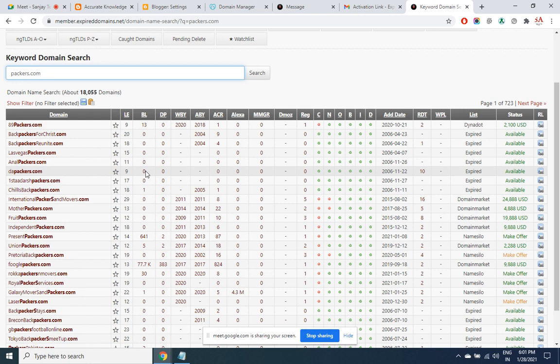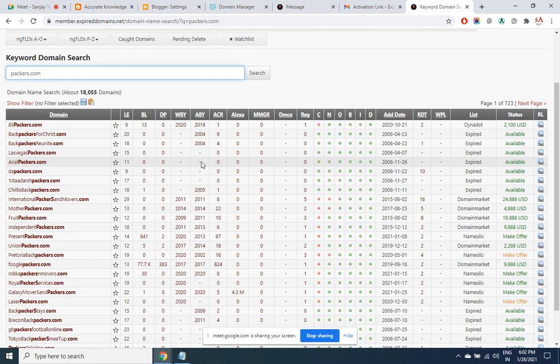So for the time being, there are only three things that you need to concentrate on. One is the backlinks, there should be some number here. The domain should be old and it should not be a spam domain. How to know whether the domain is spam or not? In Google, when you type check spam score, you'll find plenty of tools. Any spam score less than 3 is okay. They say less than 6, but I say less than 3.